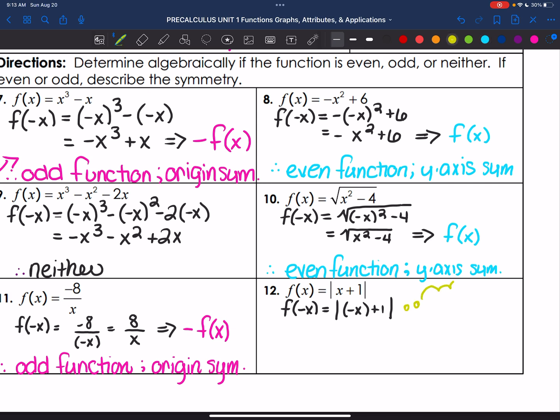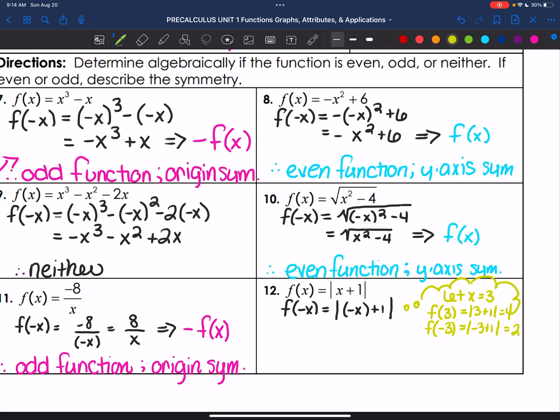Let's say that our x, let's let x equal 3. Would we get the same result? If we plugged in a 3 and we took the absolute value of 3 plus 1, it would be 4. But if we took f at opposite of 3, I'm doing this for this case because absolute value functions always kind of trip us up, don't they? Opposite of 3 plus 1, that's actually negative 2,